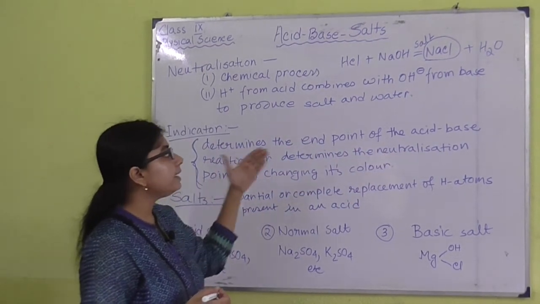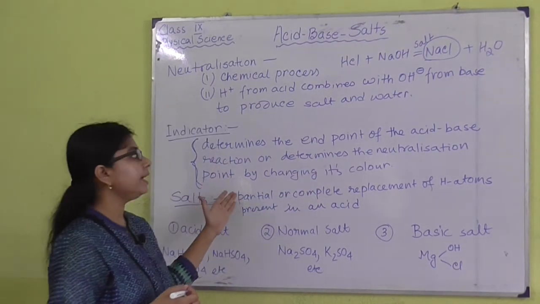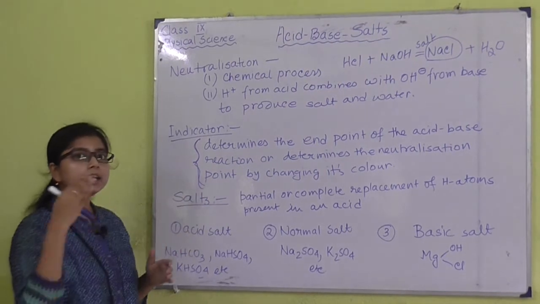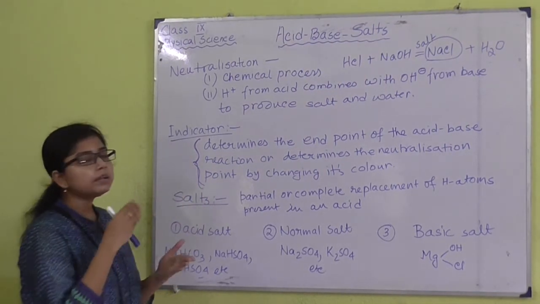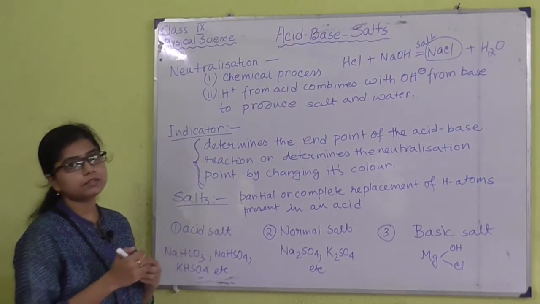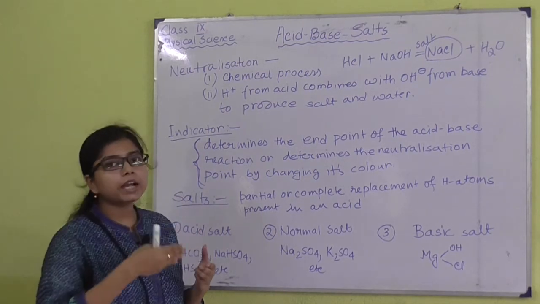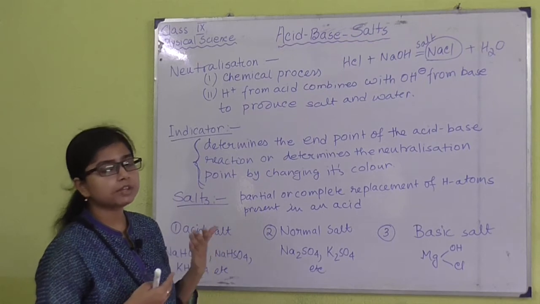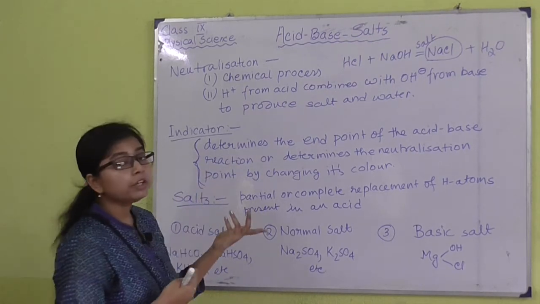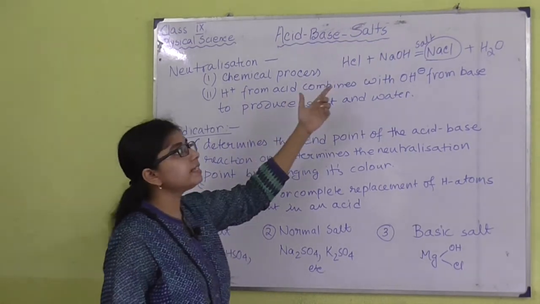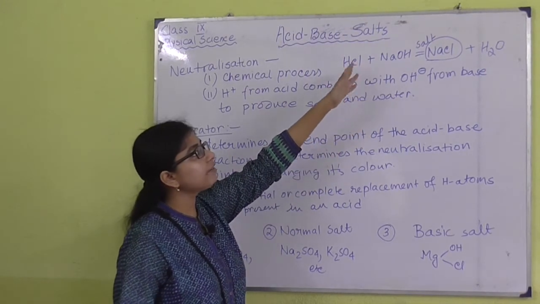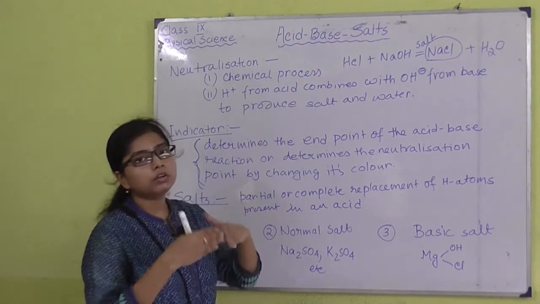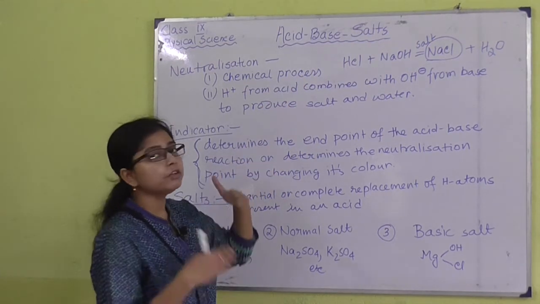Okay, or it can determine the neutralization point by changing its color. So indicator means actually it indicates the end point of the acid base reaction, because when we are trying to find out the neutralization point, we know that we don't have any color for HCl and NaOH. Suppose we have taken HCl and NaOH for the purpose and we want to know the neutralization